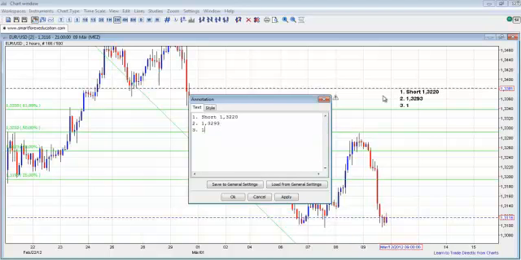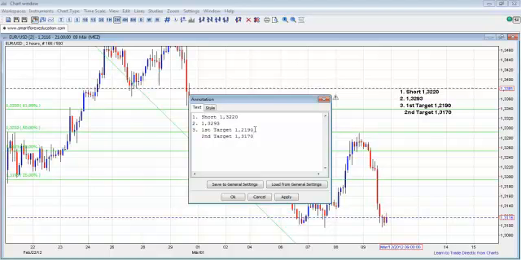Okay, so the first target was at 13190, and then the second target I had was at 13170. Okay, so I had two targets, and basically what happened, if price hit the first target, I'll sell out